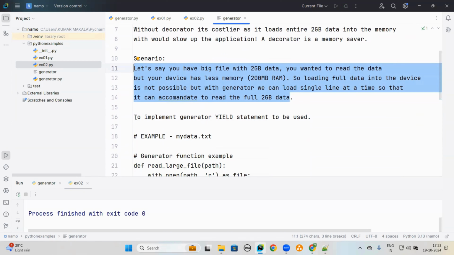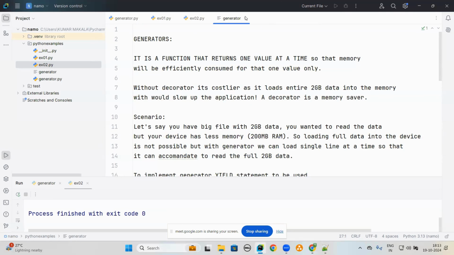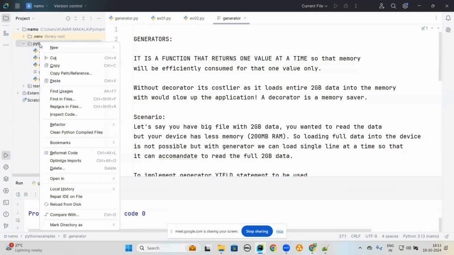Even you can say this for loading the entire data. The scenario is when you don't want to read the complete data in one go, you want to read one by one. So generators are also a best example for us. Generators help us read one by one instead of loading complete data into memory. Guys, in short,